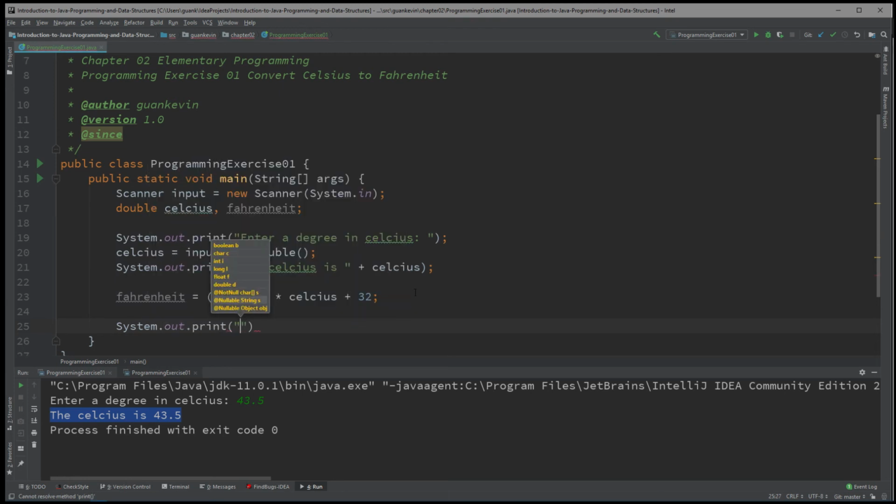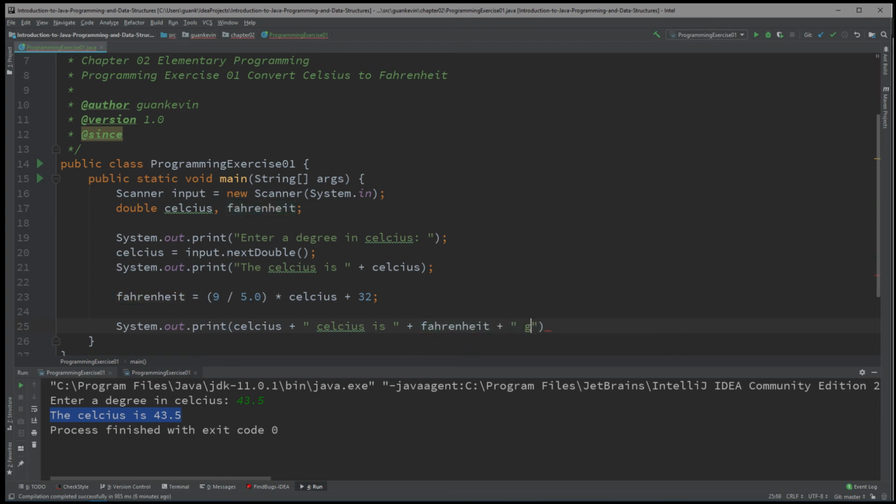System.out.print. I'm going to write it right here. We're actually going to display the Celsius first. We know the Celsius value is stored in this variable right here, right? Because we did it from before. We grab that value and we store that value into Celsius. So this variable right here will always remember 43.5 unless you replace it with another value. So Celsius, which is 43.5, and we'll say Celsius is, and then since we calculated for Fahrenheit, now this memory location for this variable holds the Fahrenheit value